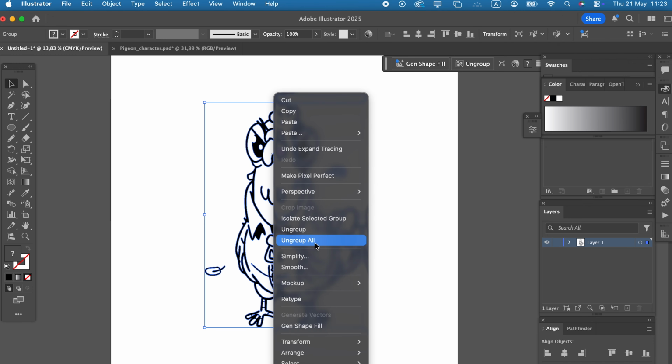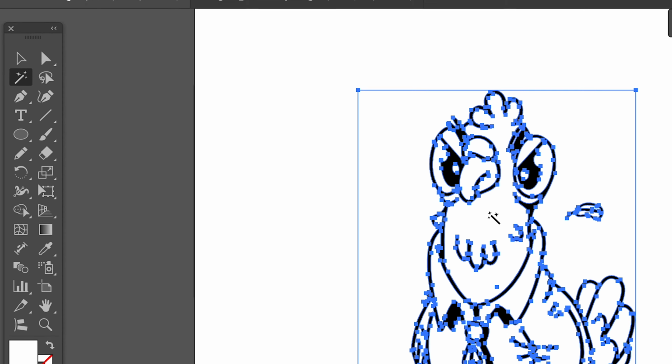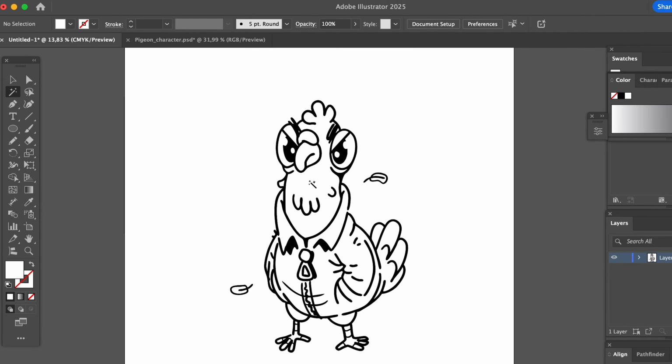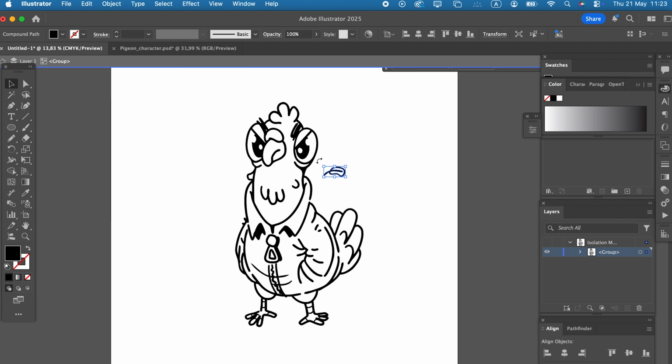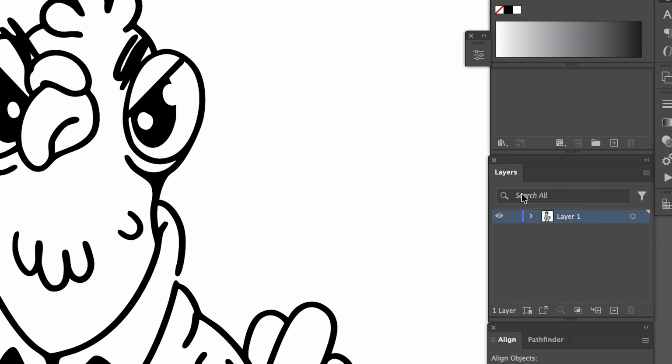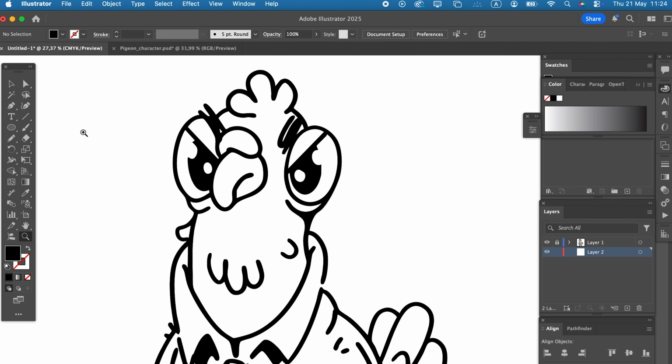Right-click and select Ungroup. Then grab the Magic Wand tool from the toolbar, click on any white area to select all the white shapes at once, and hit Delete. Now, your clean outlines are perfectly ready. Let's lock this outline layer and create a new layer right beneath it, where we'll handle the coloring first, followed